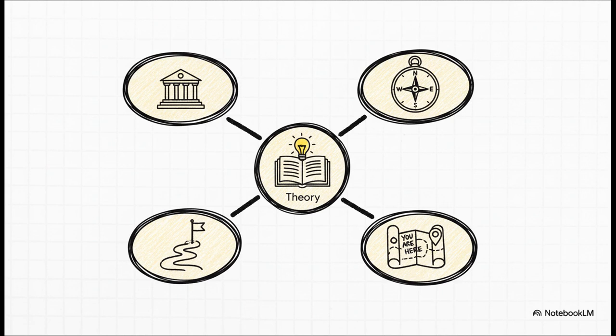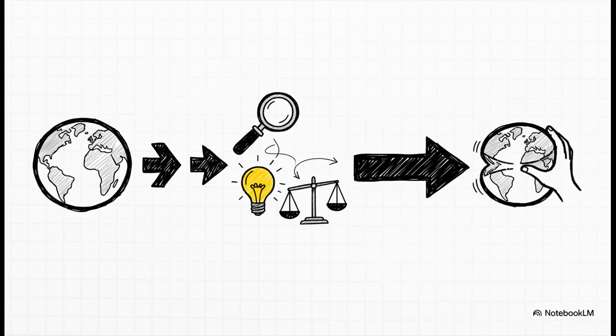It gives us a moral yardstick to measure events. It's a strategy, a playbook for how to get things done. And finally, it's a grand theory of society. It's like a map that tells us where we are and where we might be heading. So at the end of the day, political theory isn't a passive thing. It's not about just describing the world from a distance. It's an active, powerful force. It's a tool that lets us explain, understand, evaluate, and ultimately, it gives us the power to change things.